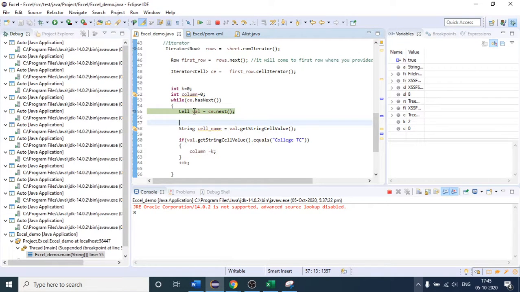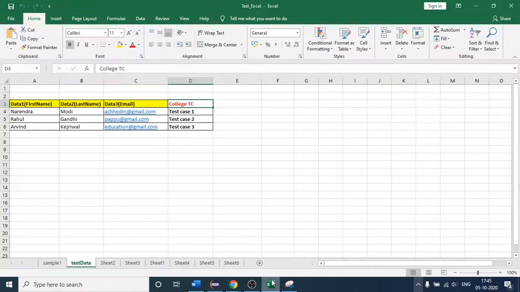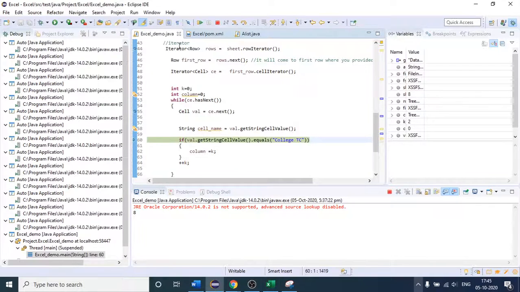After that, I am storing it here. If I just press this and say get me the value, what value will it get? This time you will get data3, which is image. So this is the value you can see. We have just retrieved this one, but as you can see, again this is not equal to this one. So our if condition will not become true, and we will not execute the if block. We came here again, and I am again incrementing the value of k. This time k value has become 3, as you can see on the right hand side.